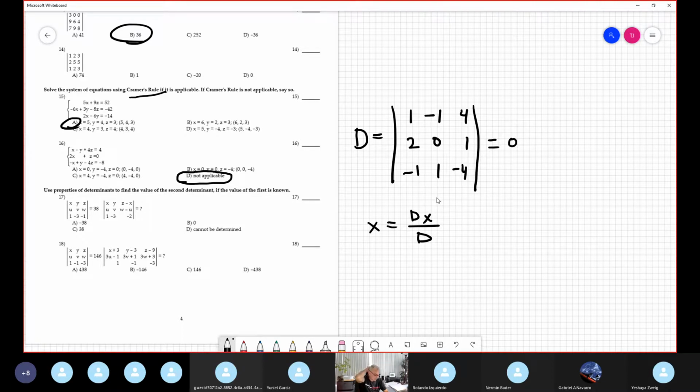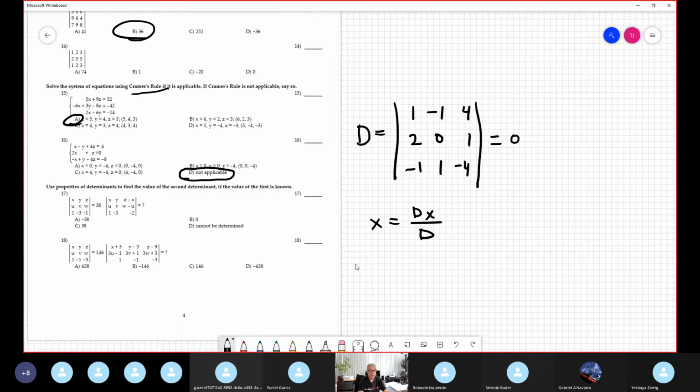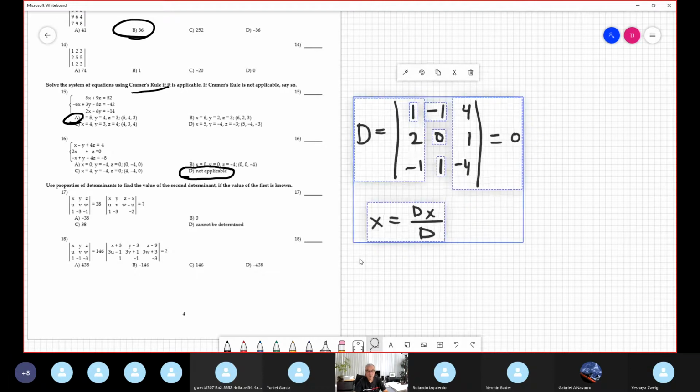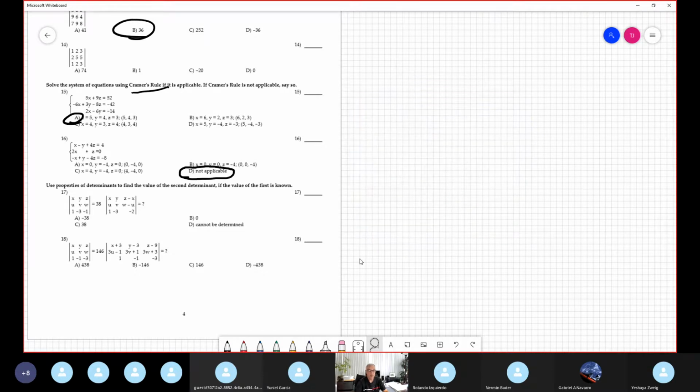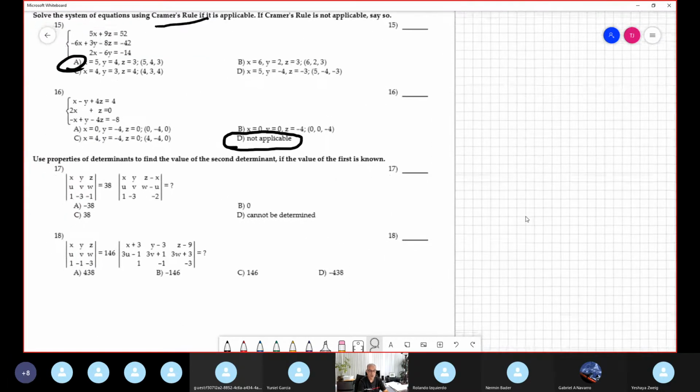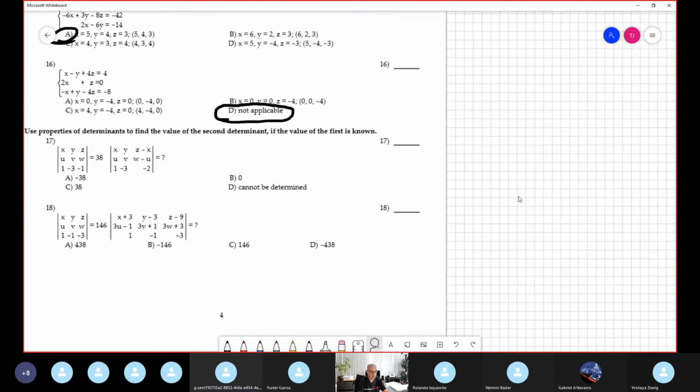Properties of determinants. Manipulation for the property. Question 17. Okay. In the previous lecture, I explained several properties for the determinant. You can apply row operations and column operations. For example, this determinant is given